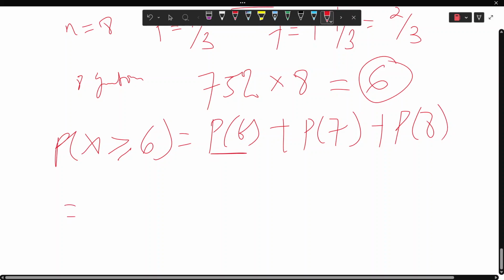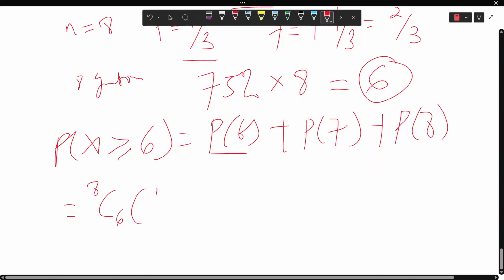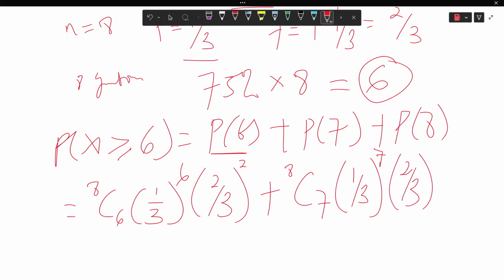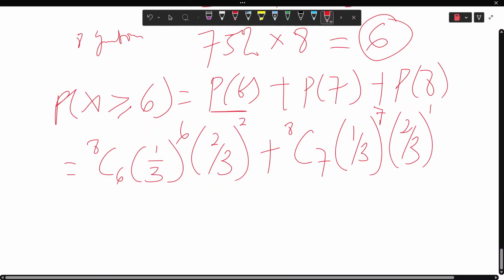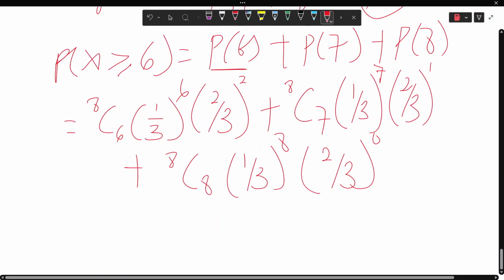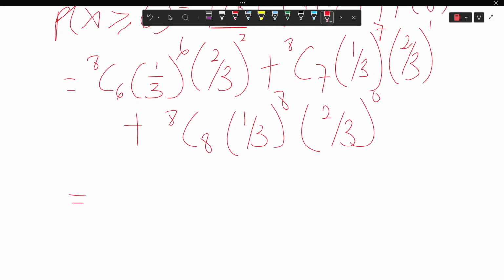Alright, let's do the first one. So you have 8 combination 6. Probability of scoring is 1 over 3 to the power 6. Then 2 over 3 to the power n minus x, which is 8 minus 6 giving us 2, plus 8 combination 7, 1 over 3 to the power 7, 2 over 3 to the power 8 minus 7, which is 1, plus 8 combination 8, 1 over 3 to the power 8, and 2 over 3 to the power 8 minus 8, which is giving us 0. So we have 8 combination 6 times 1 over 3 raised to the power 6, 2 over 3 squared,